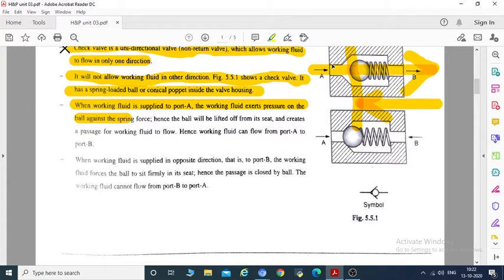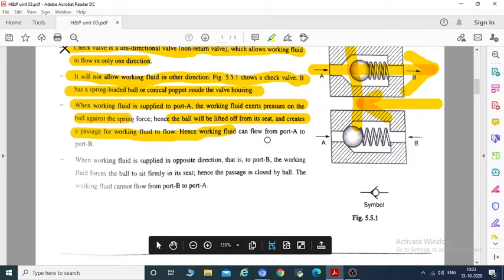When the working fluid comes through direction A, it applies pressure on this ball and the spring gets compressed, and because of this the wall opens and the fluid flows from position A to position B. The ball is lifted off from its seat and it creates a passage for working fluid to flow. Hence working fluid can flow from port A to port B.